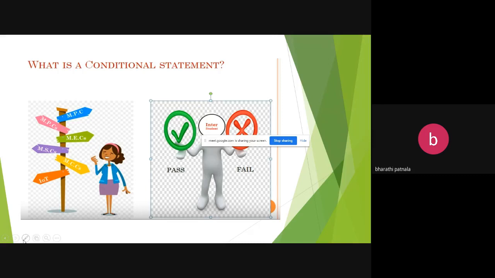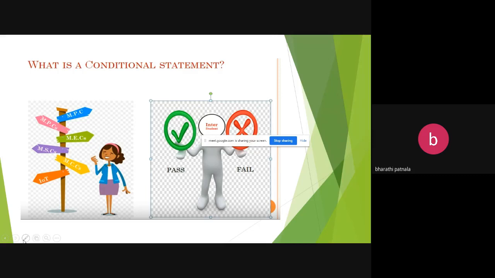First reading the value of A, second reading the value of B, and performing the addition between two operands, and then printing the value. There is no deviation of flow of execution.